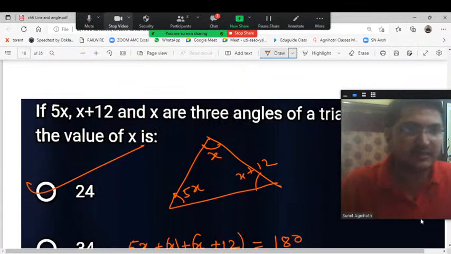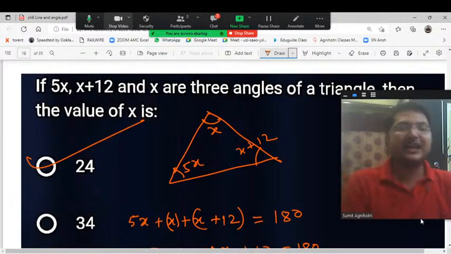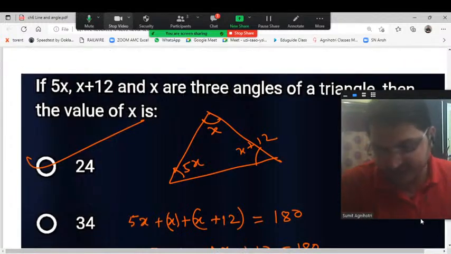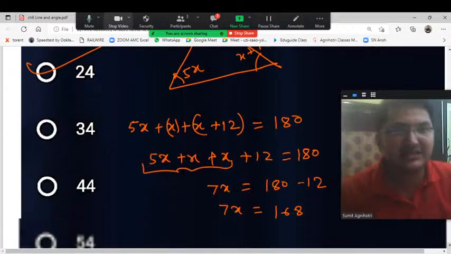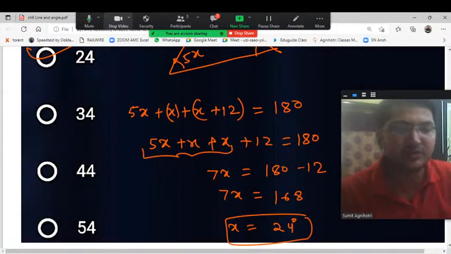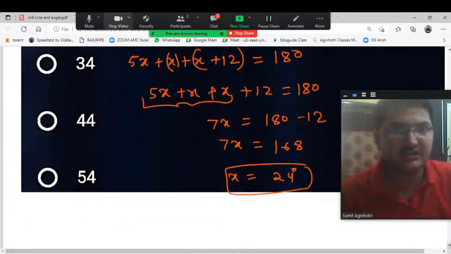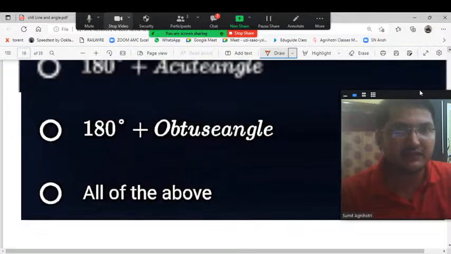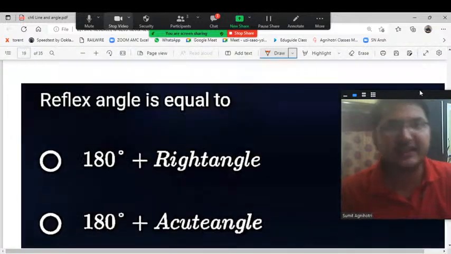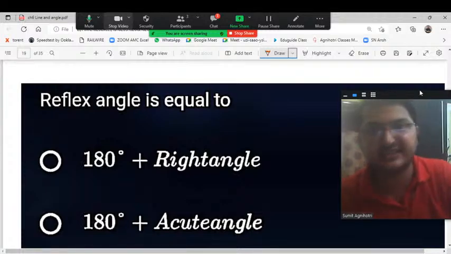That means if they are representing angles of a triangle, their sum must be 180. That is why I am saying here that x is going to be 24, because if x is 24, then only will it sum up to give you 180. Now the question is: a reflex angle is equal to,